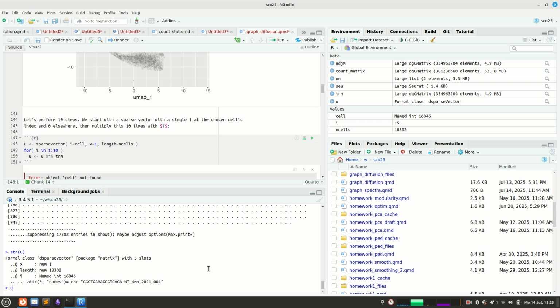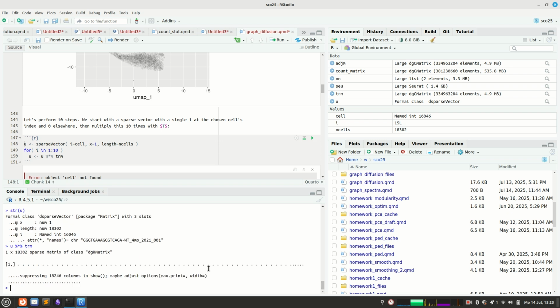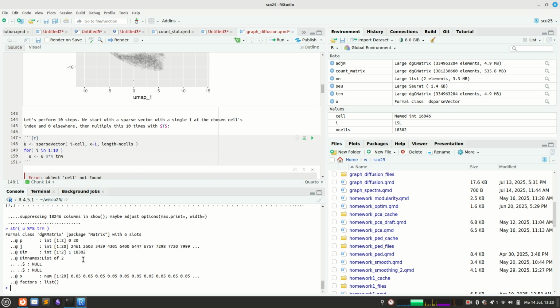And if I now multiply this vector from the left with my transition matrix, then I get a new vector, and you see the new vector now contains values 0.05 at all these 20 positions. And if I do this again,